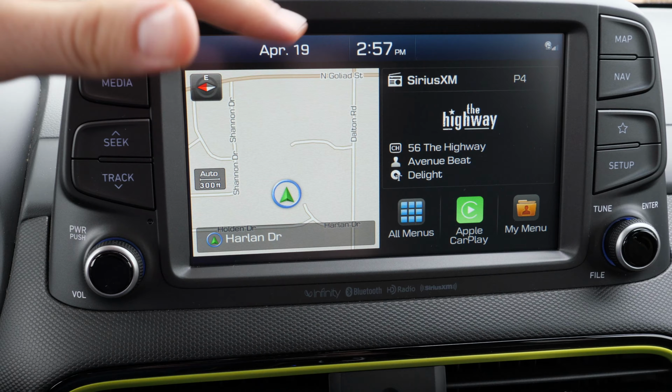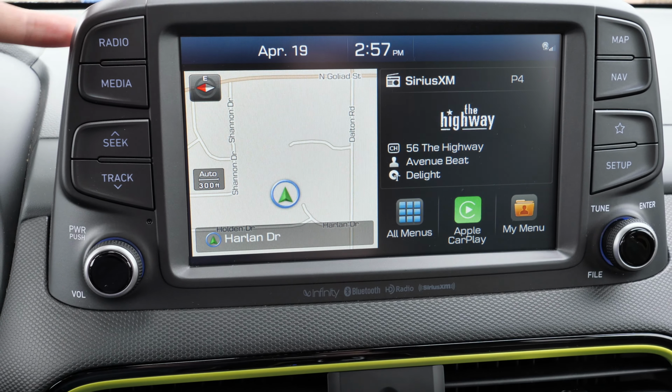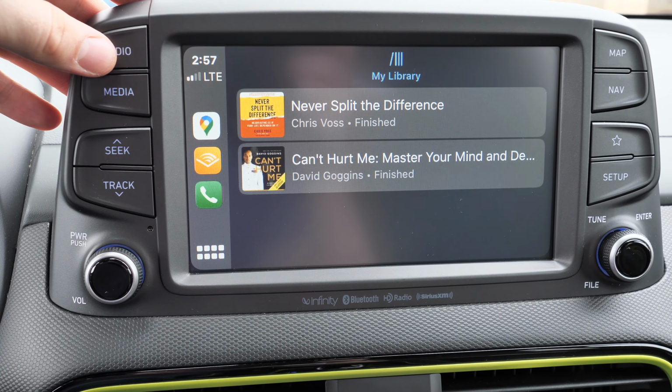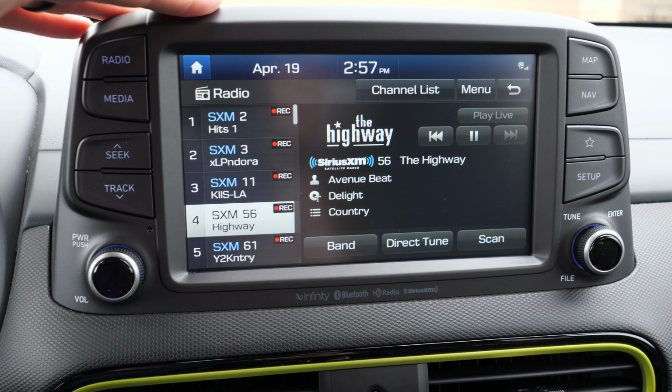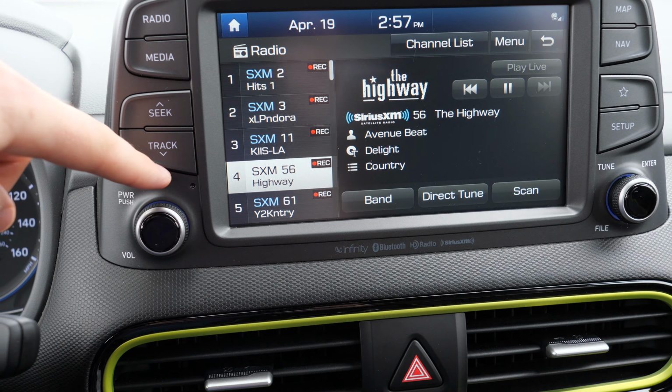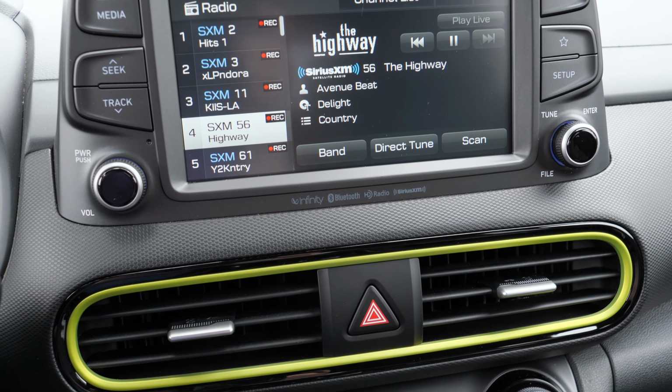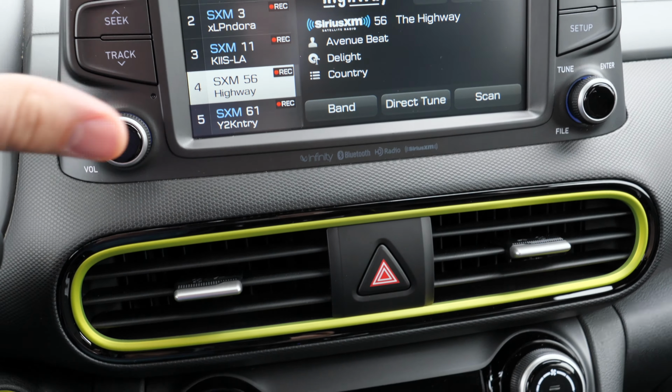You've got a home screen, like split screen. You can go straight to audio. You can do Apple CarPlay, Android Auto. I love these physical buttons on here as well. You've still got a volume and tuning knob, which is always good. Plus, we've got the